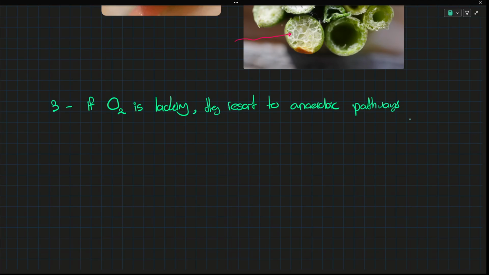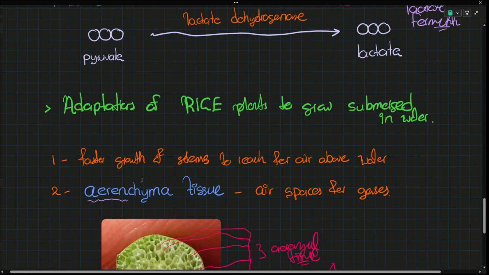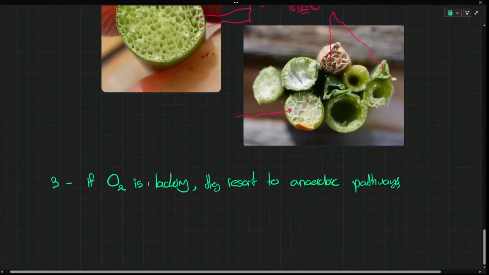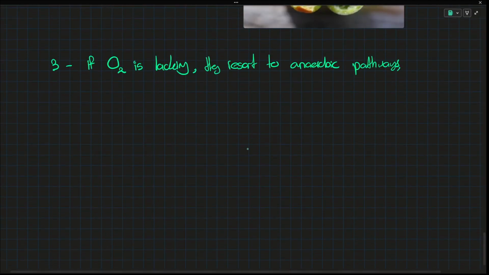Now, what happens when anaerobic respiration takes place in plants? Anaerobic respiration will produce ethanol, since it will not produce lactate. Plants are not animals. Plants are not mammals, okay? Since ethanol is produced,